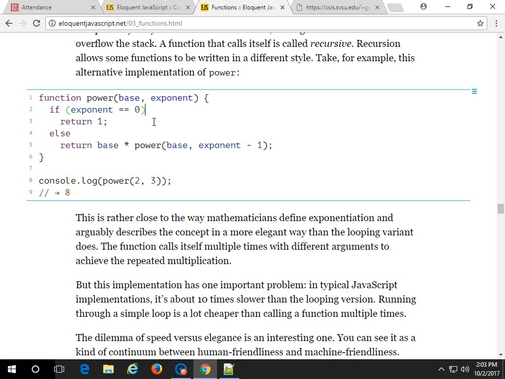Right, but right now it's not going to, right? Because right now base is 10 and the exponent is 5. So if exponent equals 0, it's not 0. Exponent's 5. So we're not going to return 1. I don't know how I could lose my pen that fast. Just wrote that. So then, how about it? And the else, what's going to happen?